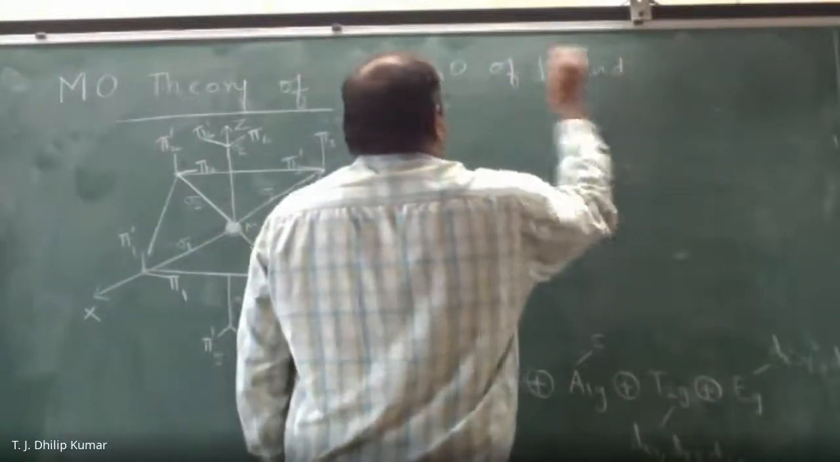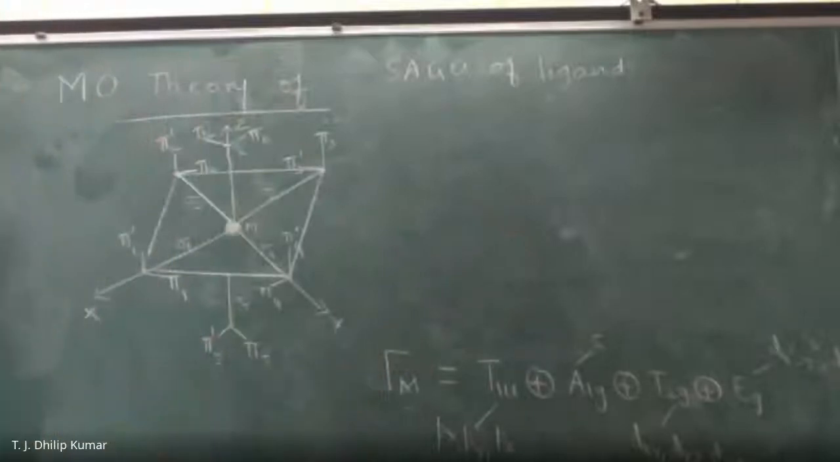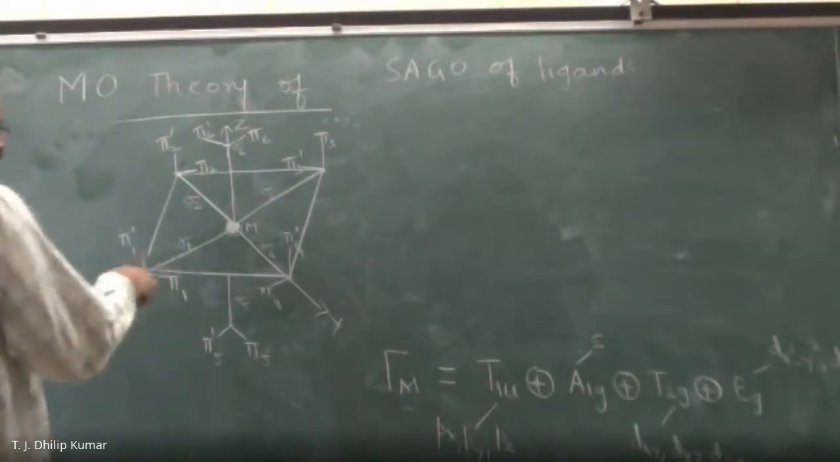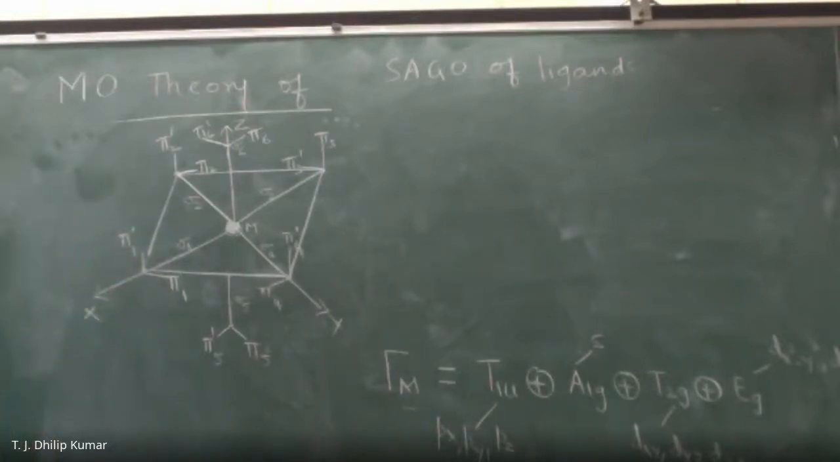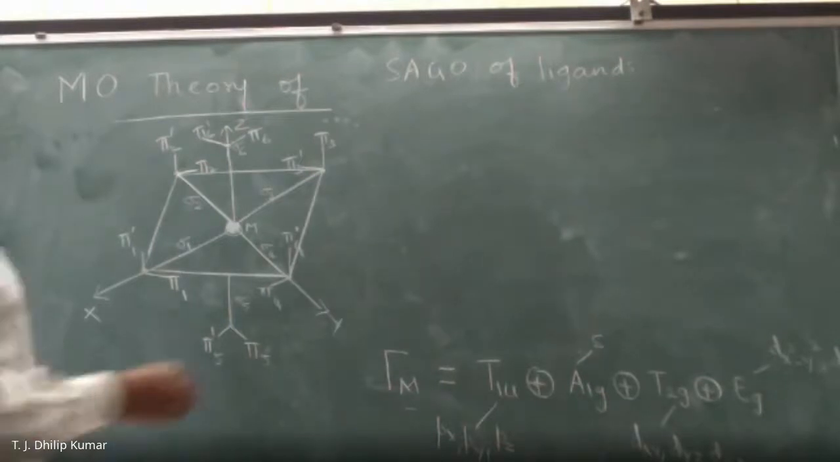So we have 6 ligands, right? So symmetry adapted group orbitals of ligands. We have 6 ligands, and we have considered that each ligand has 3 orbitals. One is of sigma type, the other 2 of pi type, pi and pi prime. So like this. So we have 6 ligands